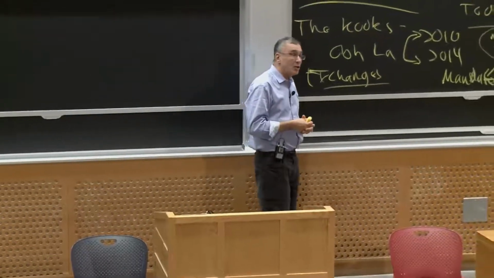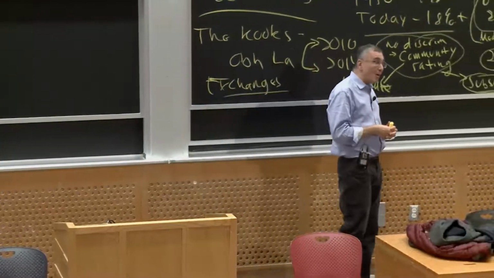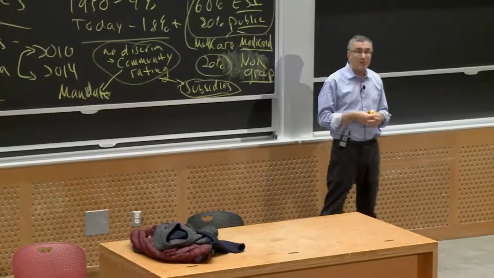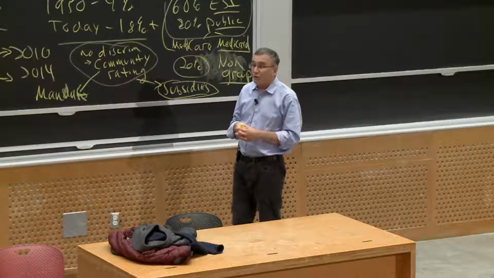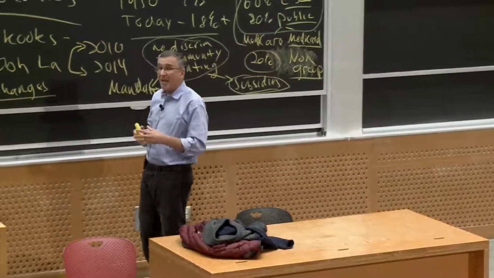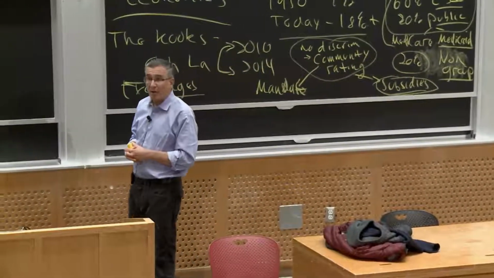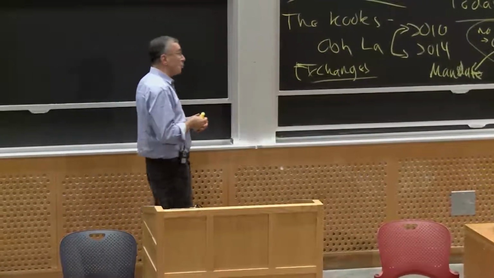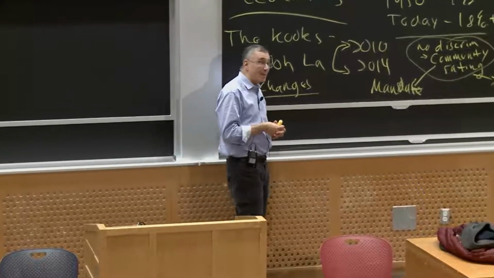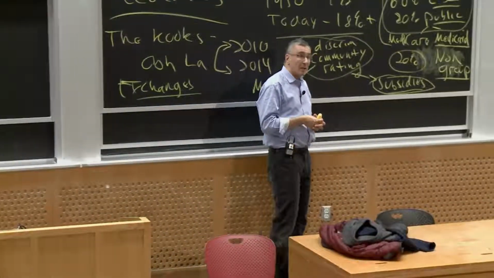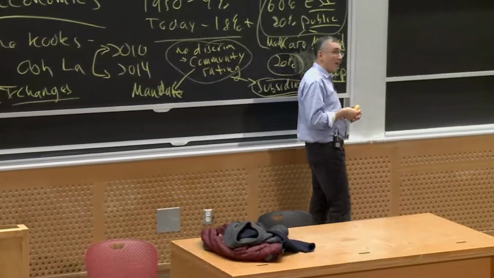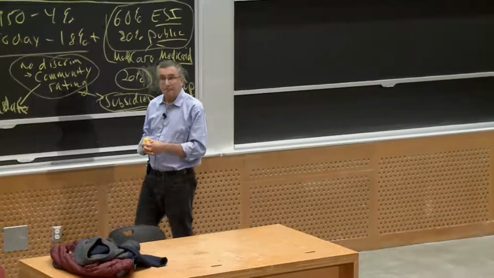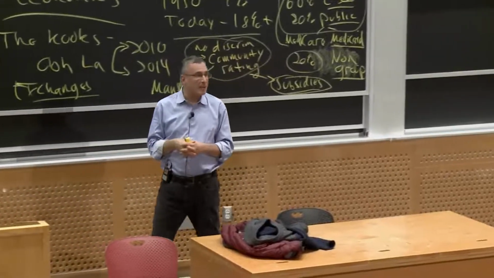Just last thing on coverage. Obviously, there's still about on the order of 25 million uninsured Americans, maybe 30 million uninsured Americans. We still do not have universal coverage. We've cut the number almost in half with the Affordable Care Act, which is great, but it's still much too large. The question is, what next? And that becomes the debate that your generation will have to engage in, which is how do we take it all the way to getting everyone insured? Okay? So that's what I want to say about insurance coverage. Questions about that?